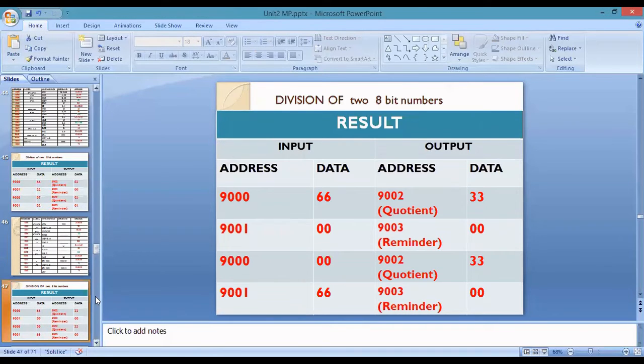Next, I am going to explain another program. It's the same as multiplication. If any one of the inputs is 0, what will happen to your output? In this first program, if any one of the inputs is 0, you will get a wrong output. So for that, I am going to write a more complicated program. That program we can see next.